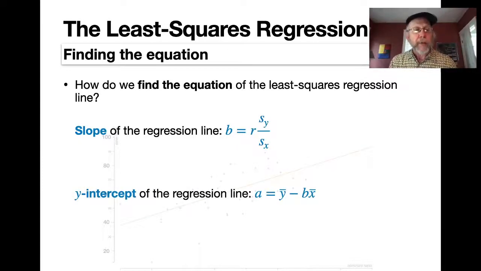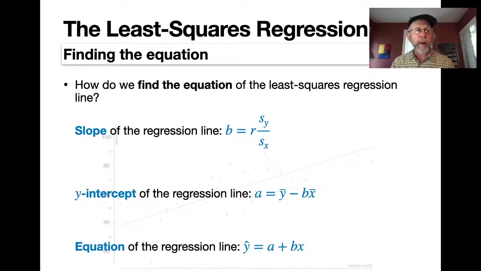The y-intercept of the regression line is denoted by a, and it's the mean of the response variable, y bar, minus the slope times the mean of the explanatory data, x bar. So y bar minus b times x bar gives us the y-intercept of the regression line. And once you have those two constants, you can form the equation of the regression line, y hat equals a